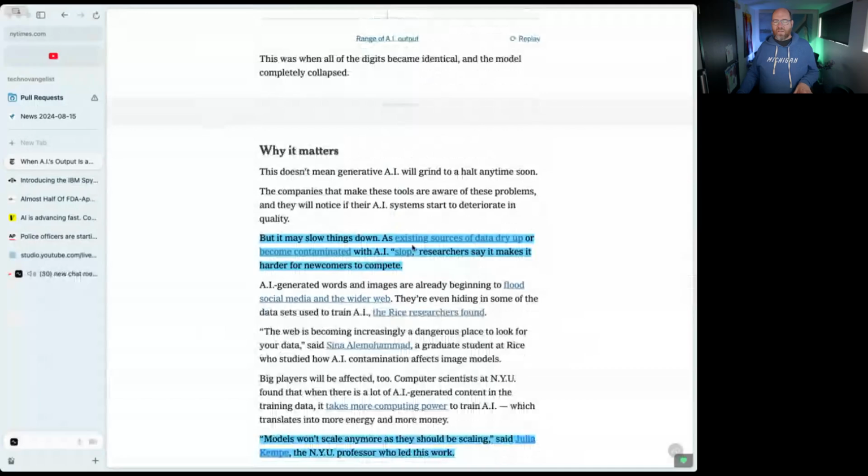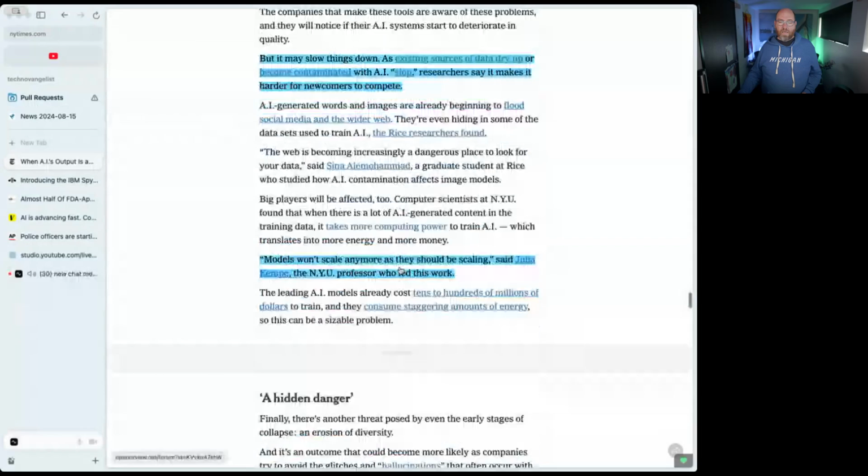It may slow things down as existing sources of new fresh data dry up or become contaminated with AI slop. Researchers say it makes it harder for newcomers to compete. Models won't scale anymore as they should be scaling, and this rate of scale that we've seen may slow down because there's just no source data that we can come up with for making the models better. If we can keep coming up with new stuff to train the models on, yeah, that'll keep going up. But maybe it's going to go down, and we just need to come up with a better architecture, which is